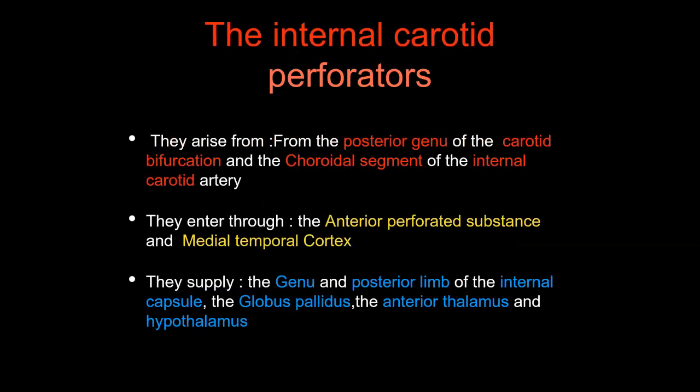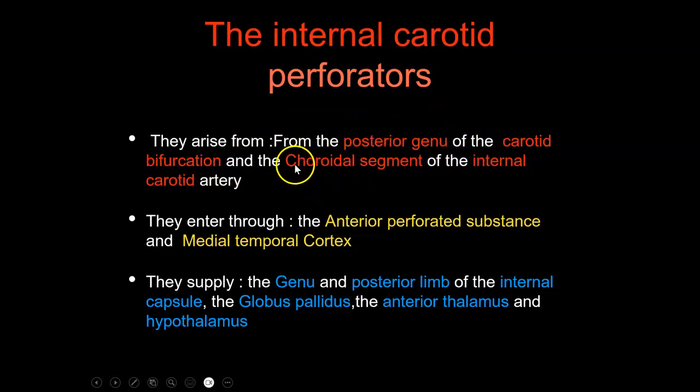Anterior circulation perforators. First of all, as we said, the branches of the circle of Willis, the internal carotid artery. The perforators of the internal carotid artery arise from the bifurcation of the carotid. So the whole carotid carries no perforators, but the distal end, what you call the posterior genu at the carotid